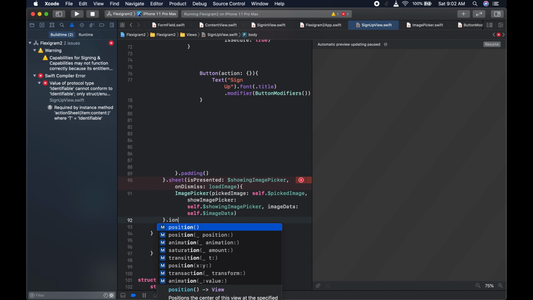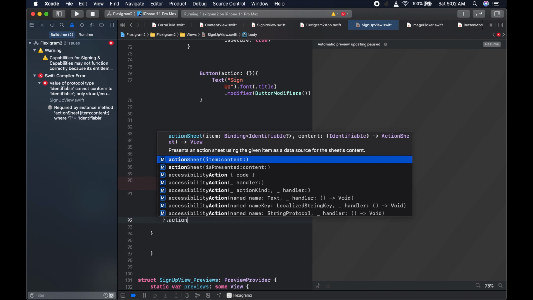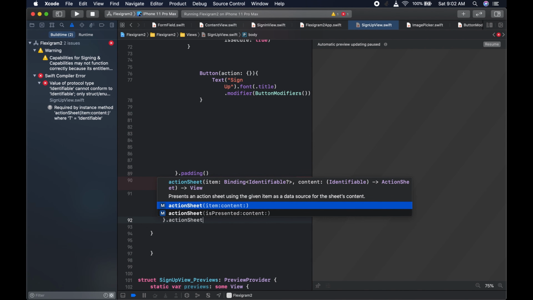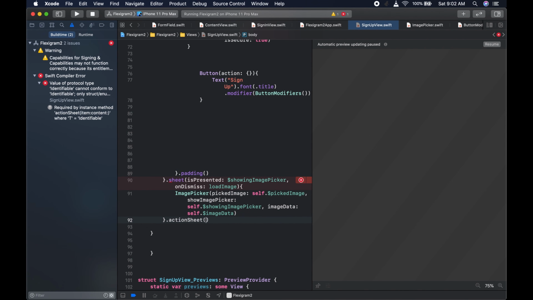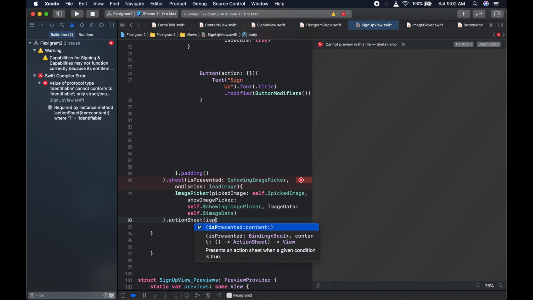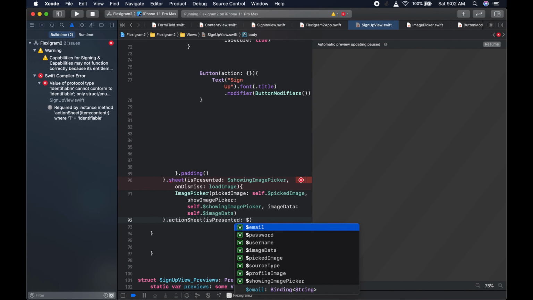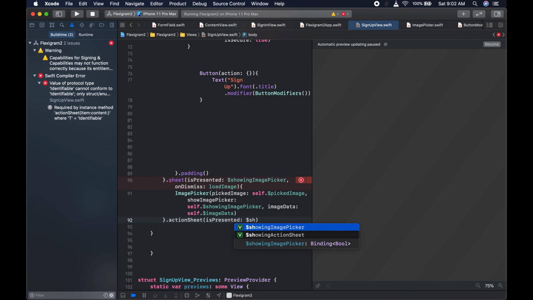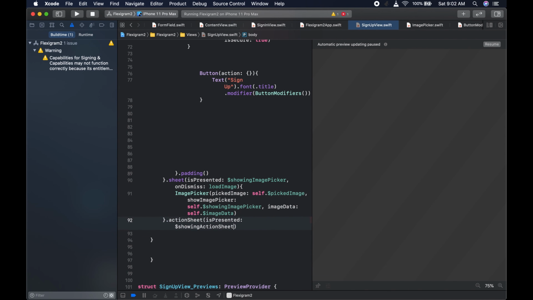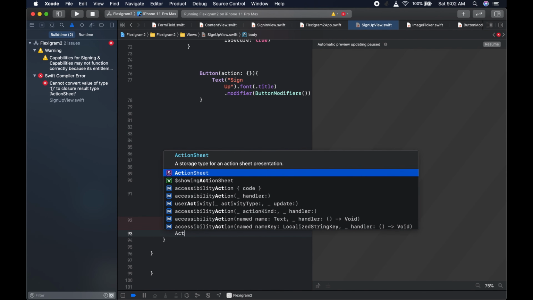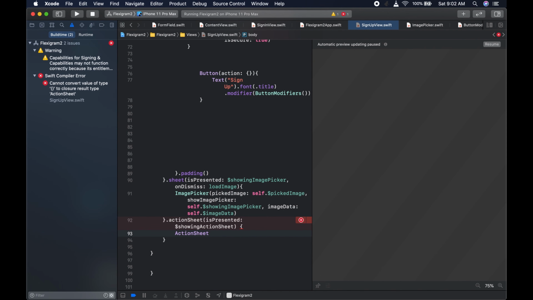We could just type it out. Let's just type it out, action sheet, like so. And here we could say is presented, let's just capitalize it, is presented, and what we're going to bind it to is the showing action sheet, like so. We're going to come here and we say showing action sheet, and the action sheet in question is going to have